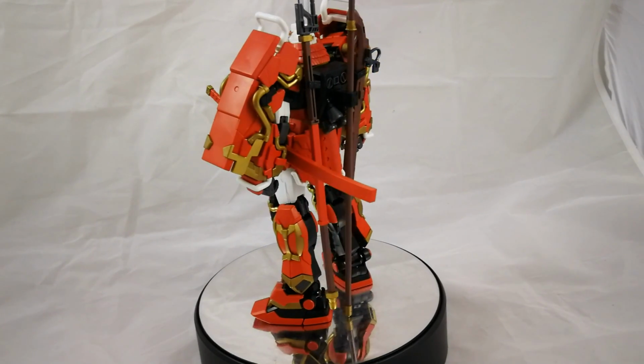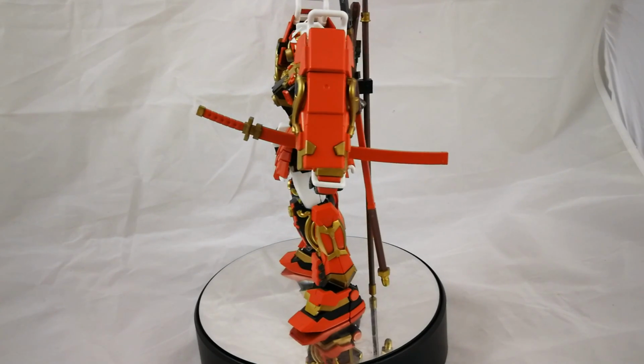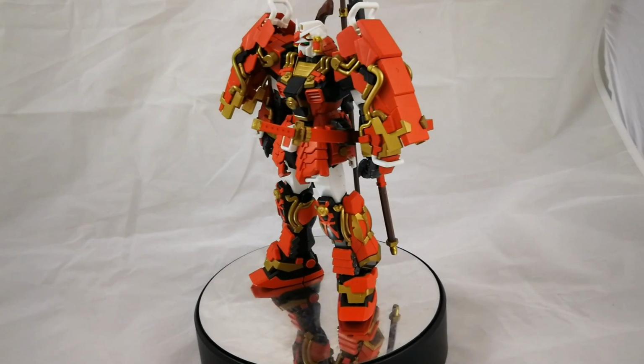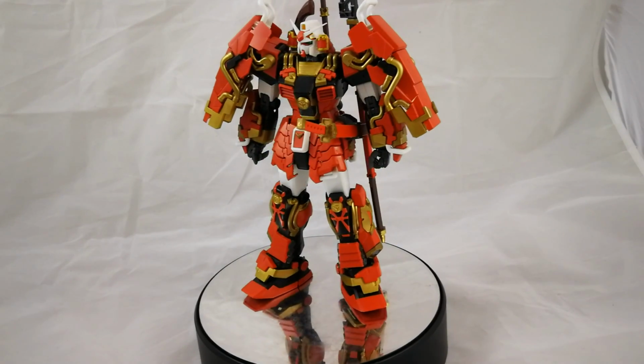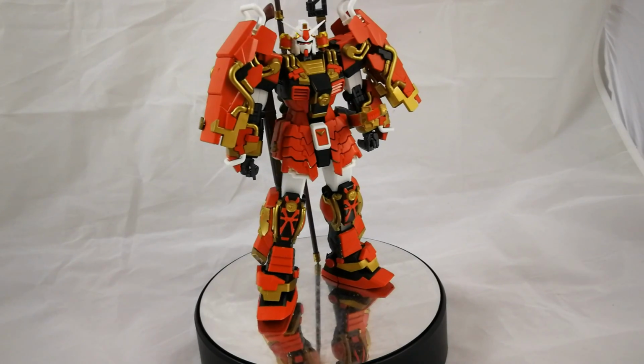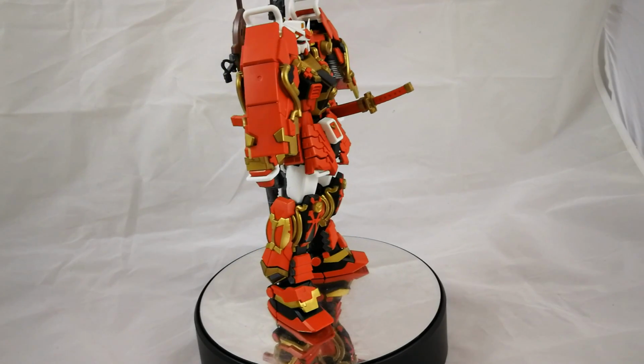And not only that, one of the cool things about this is you can store every single weapon it has on the Gundam itself, which is not necessarily something all mobile suits can say they can do. It's just such a beautiful design. It's going to be eye-catching on your display wherever you put it,